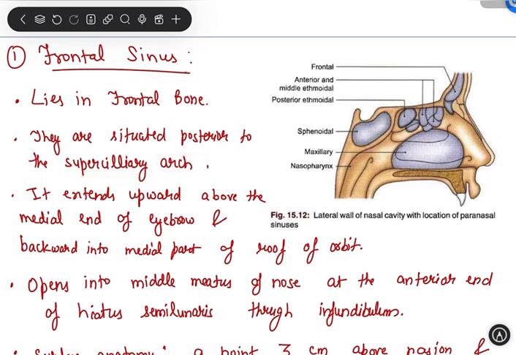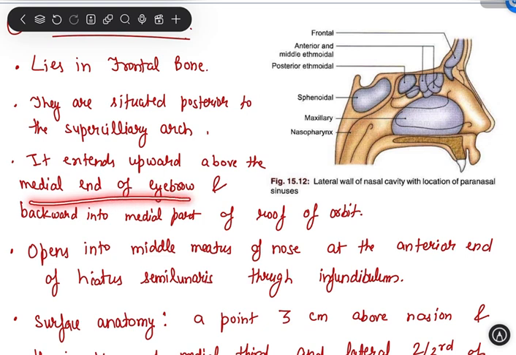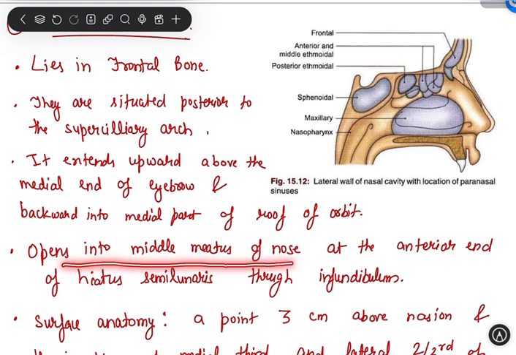Posterior to the superciliary arch, and it extends upward above the medial end of the eyebrow. Remember, medial end of the eyebrow and backward into the medial part of roof of orbit. And where does this sinus open? The frontal sinus opens into the middle meatus of the nose at the anterior end of the hiatus semilunaris through